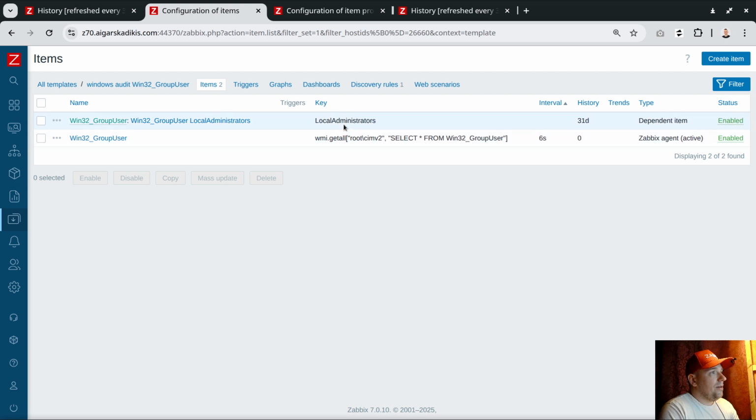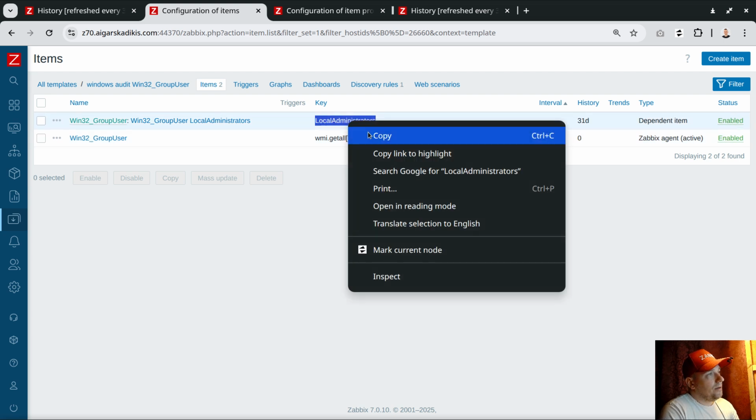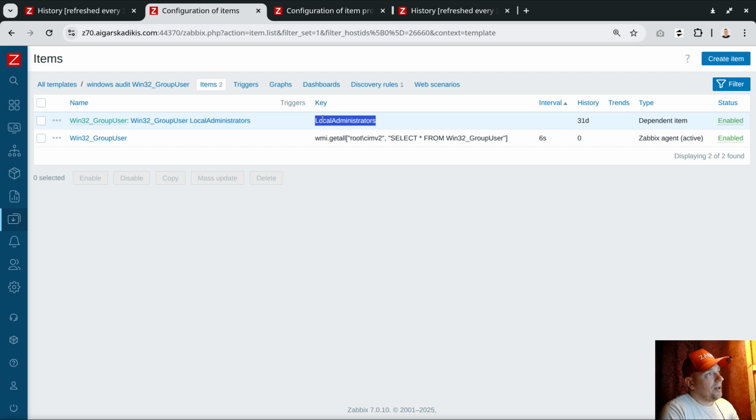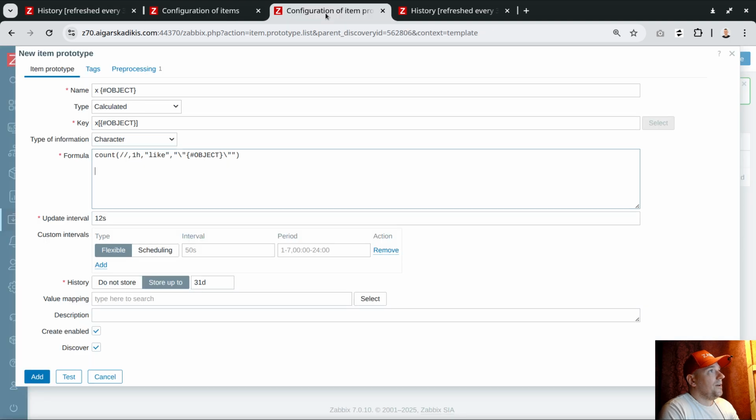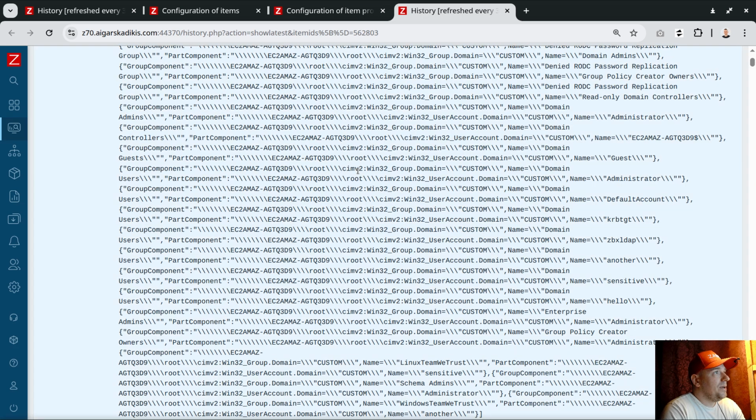The item key we want to aggregate, to look back and see how many times it appears, and this is the reference point. Okay, and count, this is the input. Two forward slashes mean reach out to the current host object. If we apply this template to multiple workstations or domain controllers, it is like a regular expression type of thing. And now, here are double quotes, and inside the double quotes we escape another double quote. The escaping is required because